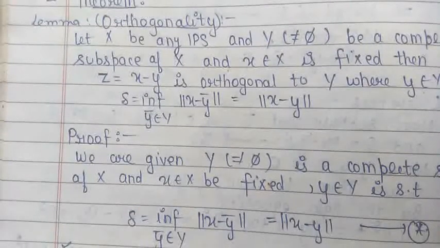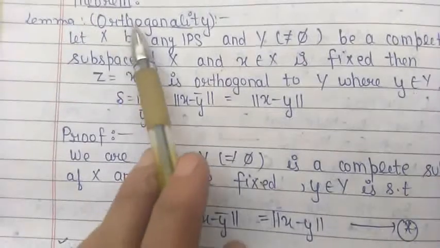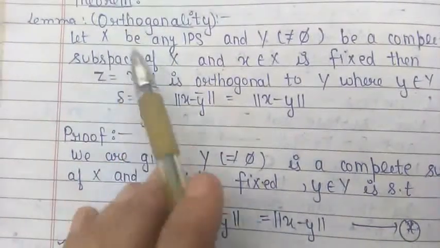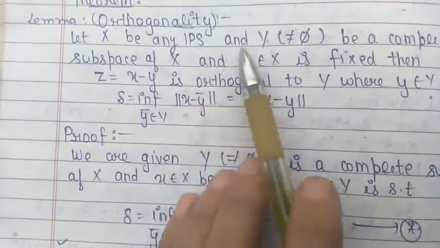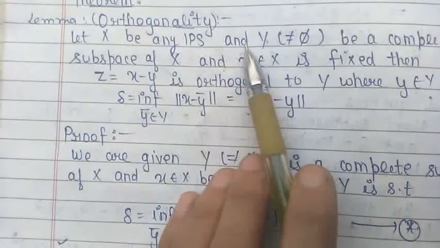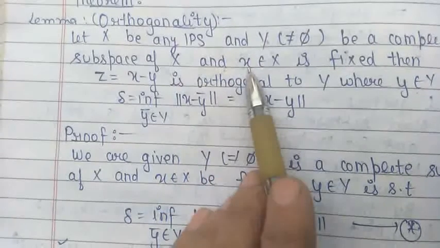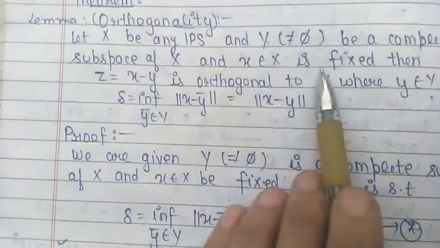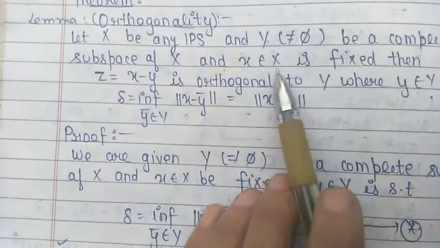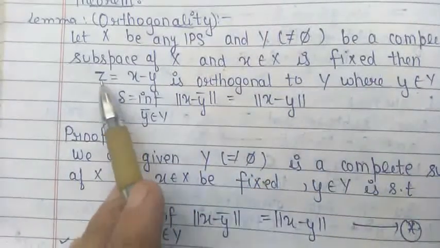Today we will discuss the projection theorem, for which there is a lemma called the orthogonality lemma. It states that if X is any inner product space and Y is a complete subspace of this inner product space X, and x is a fixed element in this inner product space, then we have to prove that